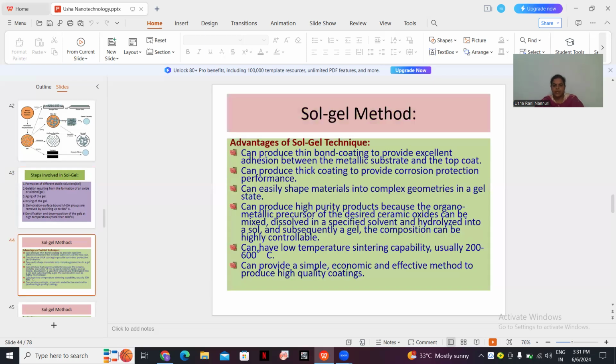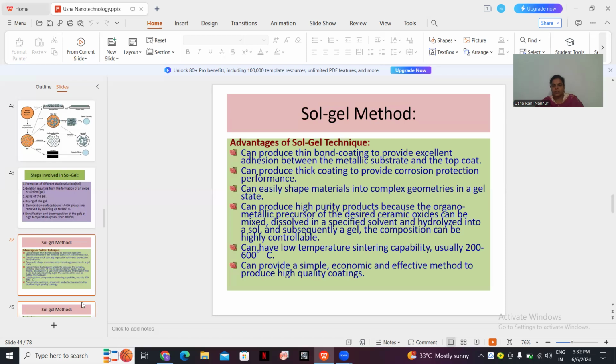Then the advantages of the sol-gel technique: it can produce a thin bond coating to provide excellent adhesion between the metallic substrate and the top coat. It can produce a thick coating to provide corrosion protection performance. It can easily shape materials into complex geometries in a gel state. And it can produce high purity products because the